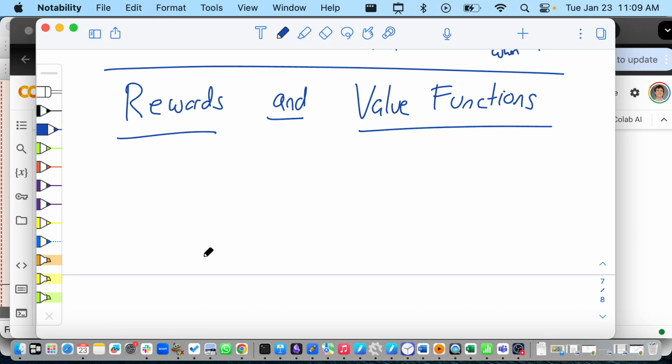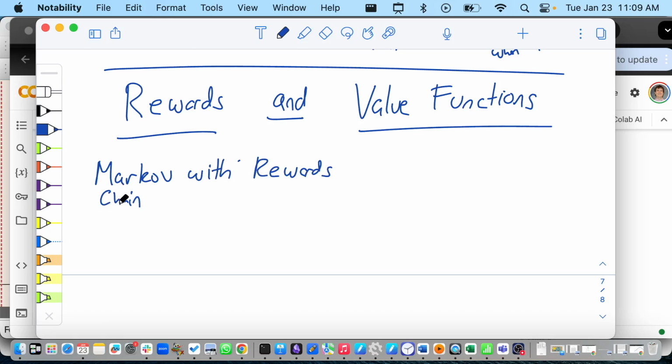One other ingredient is making choices. We're not going to use that today. But the other ingredient is rewards. So in chess, you get a reward of 1 if you win the game, a reward of -1 if you lose the game, and a reward of 0 if you tie the game. And in general, you can put any reward you want. So what is a reward? We're going to add it to our definition of a Markov chain. So we're going to look at a Markov chain with rewards.